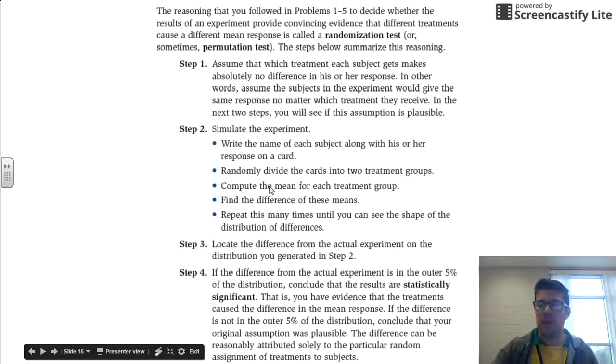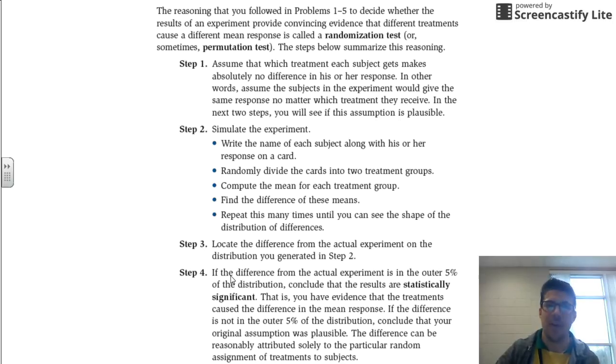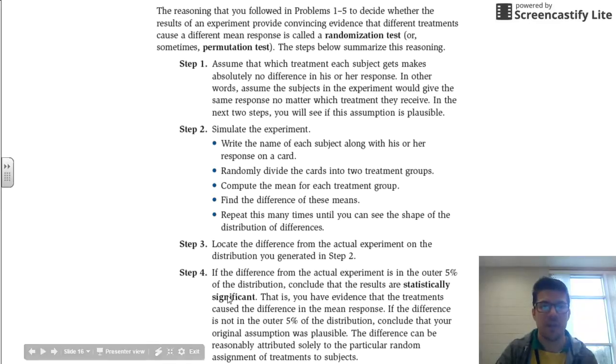You have to know how to conduct that simulation, and we've done that over and over. But again, make sure you randomly divide the cards into two treatment groups, compute the mean, find the difference of the means, and repeat this. You want to repeat this as many times as possible. In our case, repeating this meant that we worked together, and all of us together would run these simulations. Then what I want to show you is how these tests actually help us decide whether or not